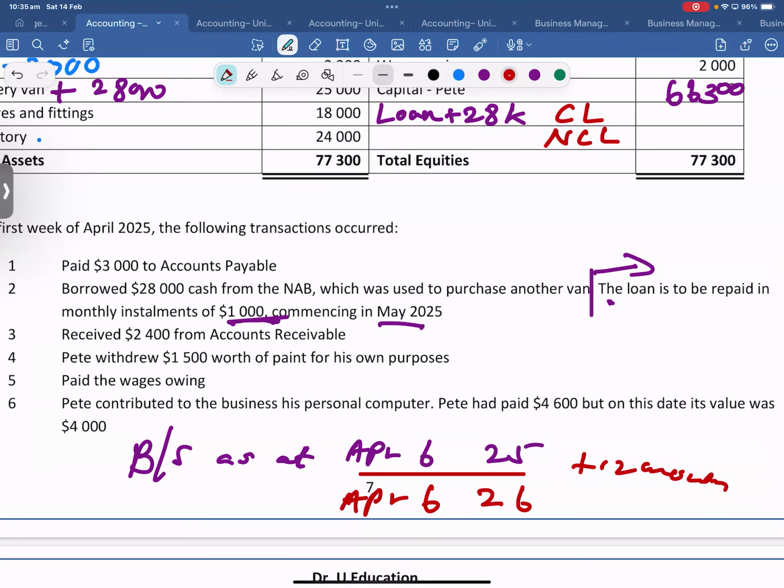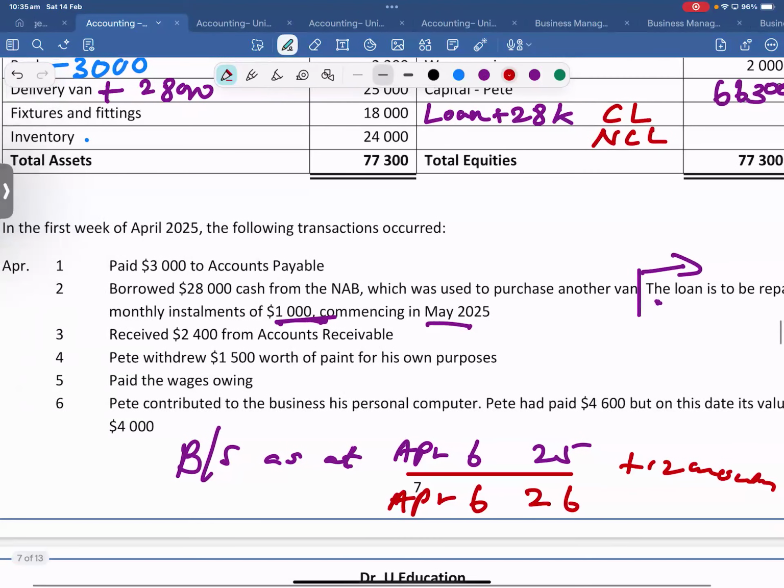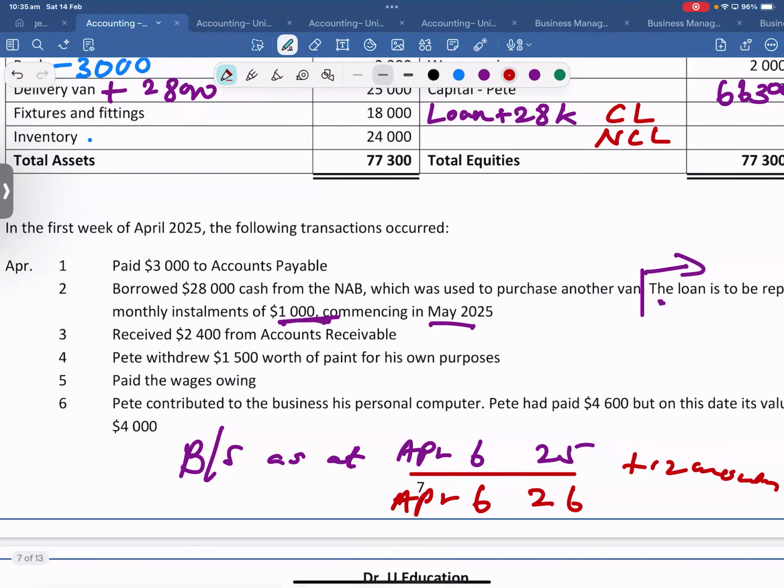Probably we can assume because they took the loan on the 2nd of April, after a month, hopefully they are starting from 2nd of May. Doesn't matter whether it is May 1st or May 31st. That's why the examiner is saying clearly it is starting in May. So we will have only 11